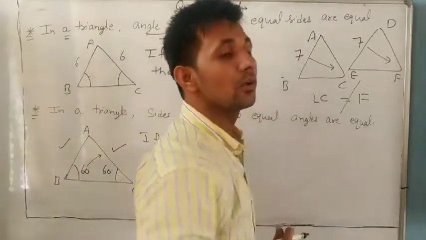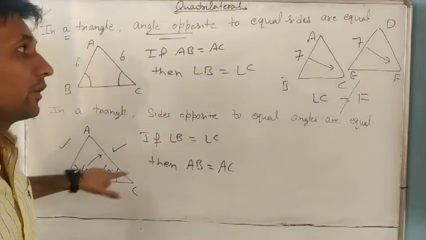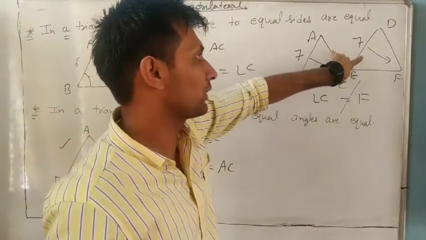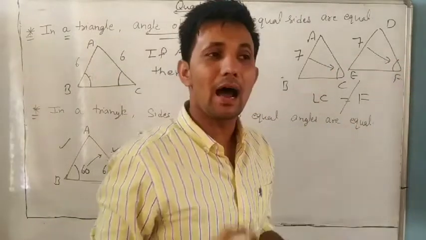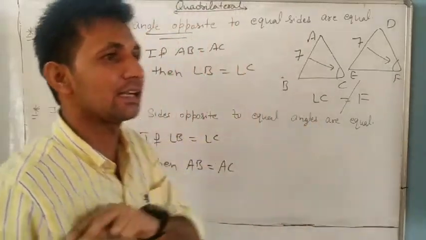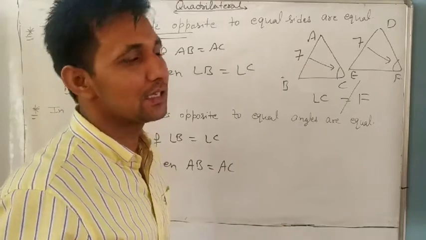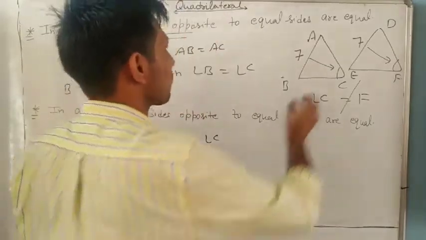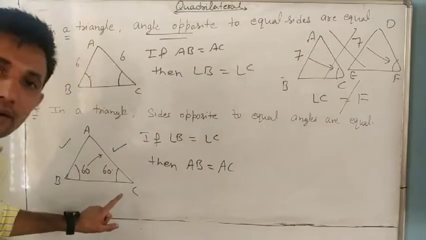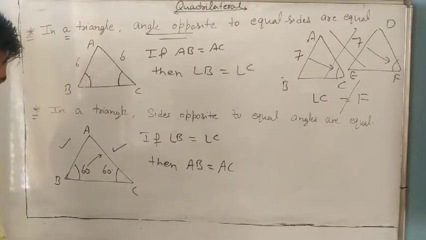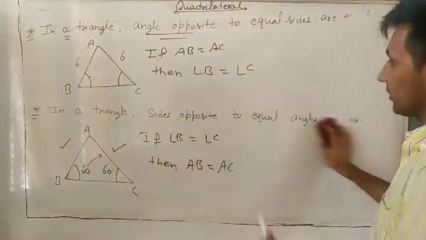They never become equal. What I told you is only for a single triangle. If angle C and angle F lie in different triangles, we cannot say whether they are equal or not. So this is wrong. Understand? This is only for a single triangle. Understand or not? This is very important, so remember this one. Now question number 6.